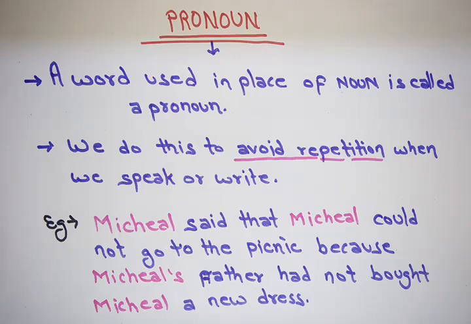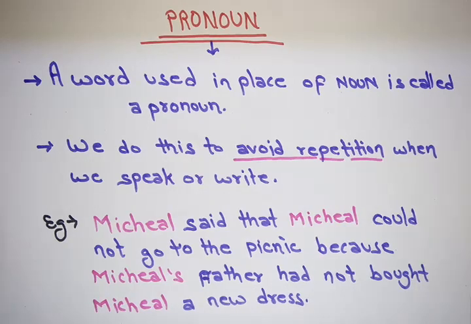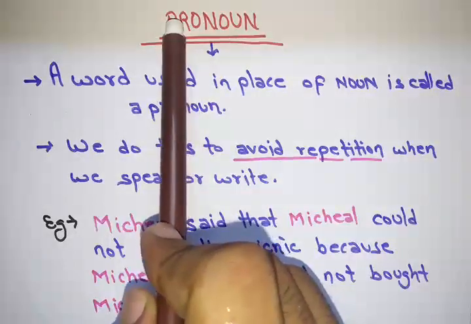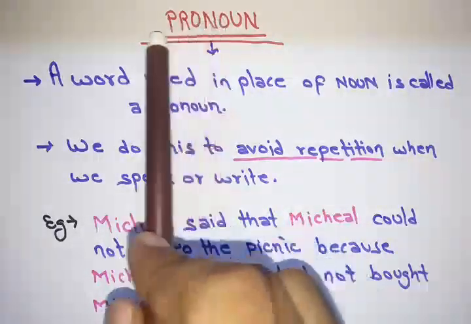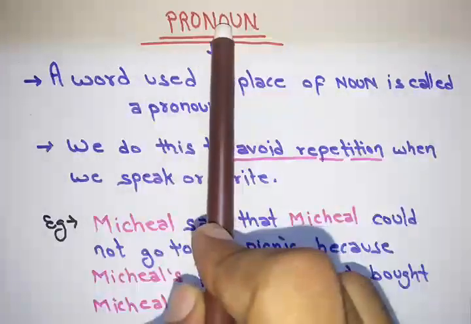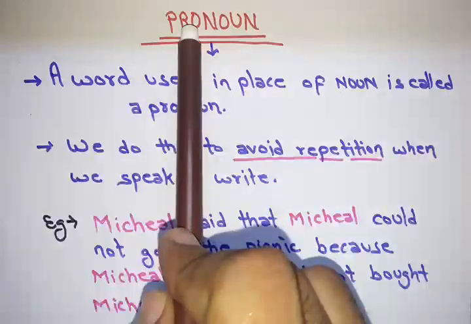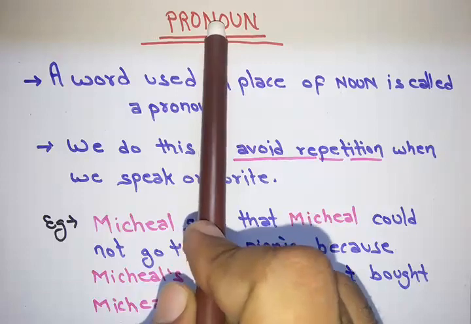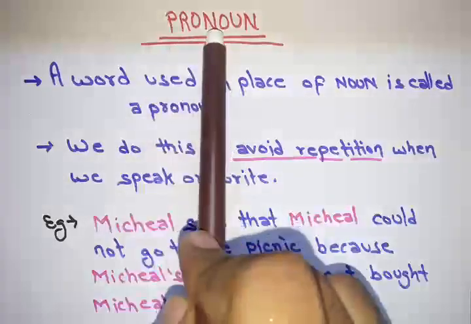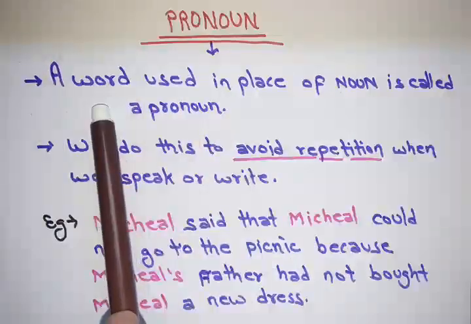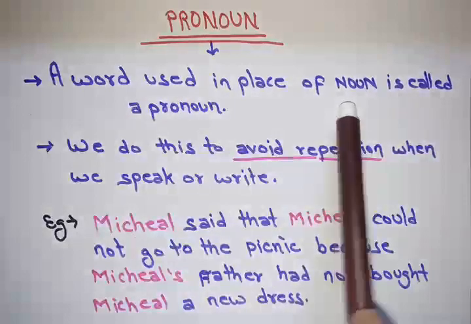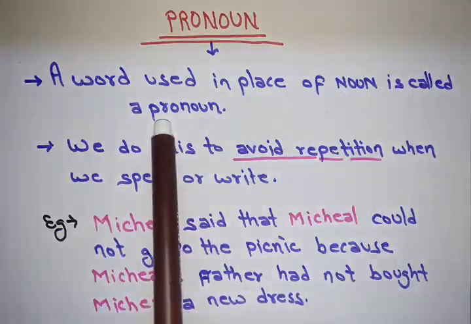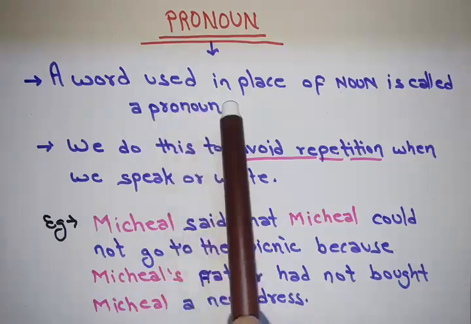After finishing noun, we will discuss pronoun. So, what is pronoun? As we can understand through its name, pro means in place of, and noun means noun. So, it's a state of noun. A word used in place of a noun is called a pronoun. We use it to avoid repetition